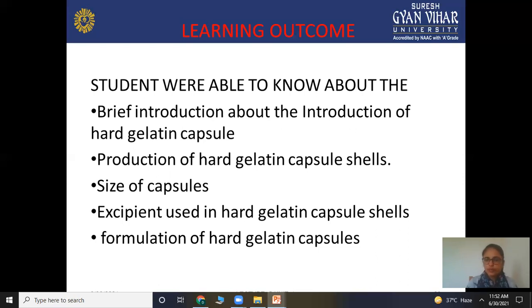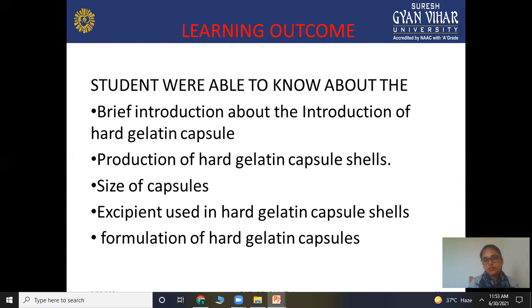And both type A and type B are formed from the hydrolysis process. Type A uses acid hydrolysis, and type B uses alkaline hydrolysis, and the isoelectric point is also changed. And the part that is used for this hydrolysis or formulation of type A is also changed. Both are formed with the help of animal connective tissue, bone, and pork skin.